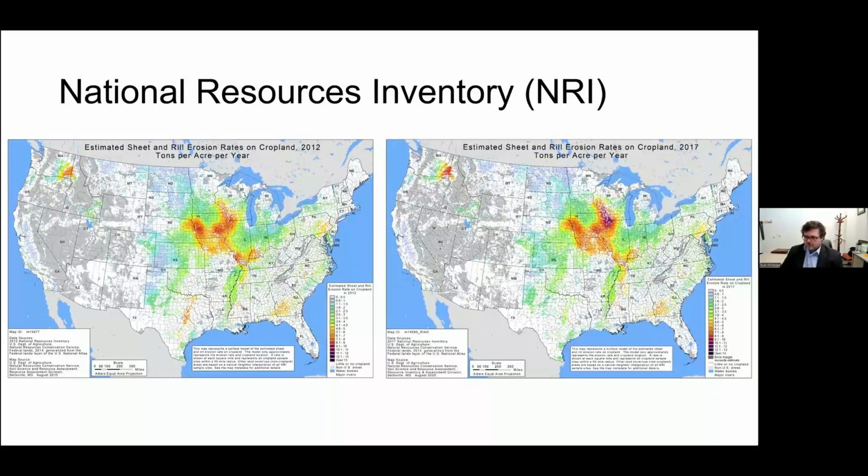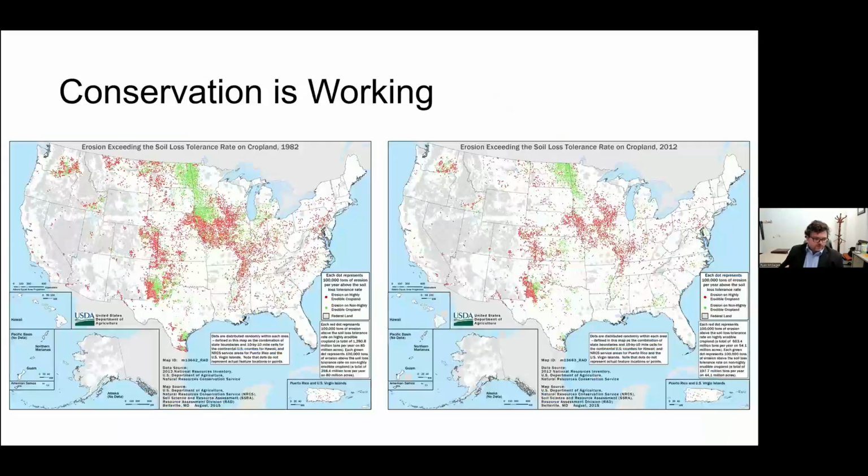And I also have another figure here just to emphasize the point. So if you don't like moving pictures, this helps emphasize that a little bit more. This breaks down the NRI results I just showed you to erosion on highly erodible land, which is in red, and erosion on non-highly erodible land, which is green. And you can see we've tackled a lot of the non-highly erodible land issues, especially in Iowa, but we still have those highly erodible land issues that remain. And again, this is according to NRI. It's not updated every year. And there are a whole lot of questions that go into, okay, how did you come up with this? But using the same methodology, we can see that things are improving, but there are still some problems that remain.